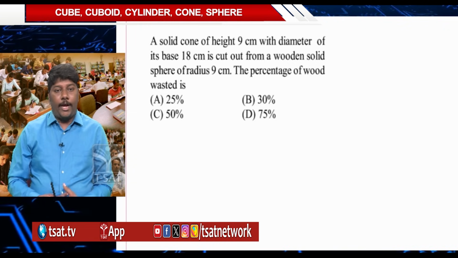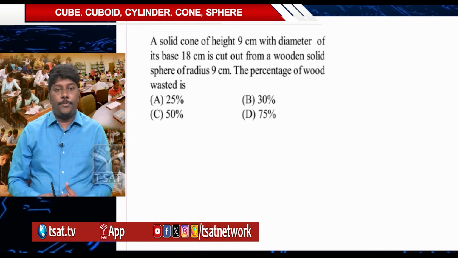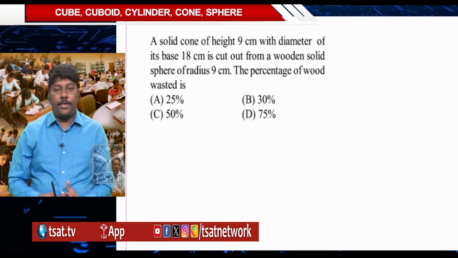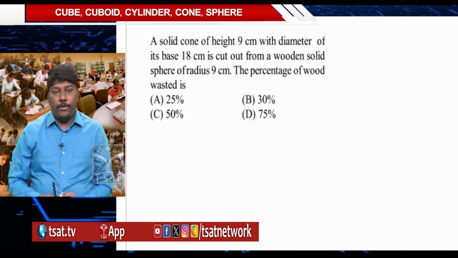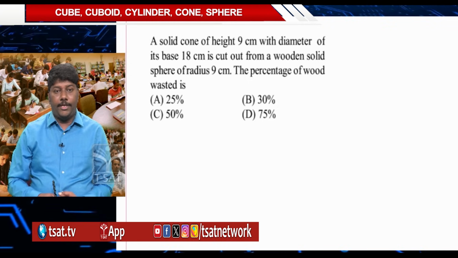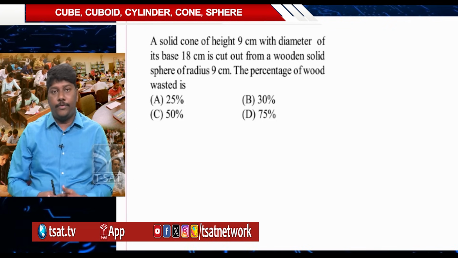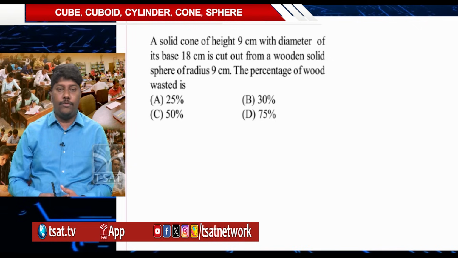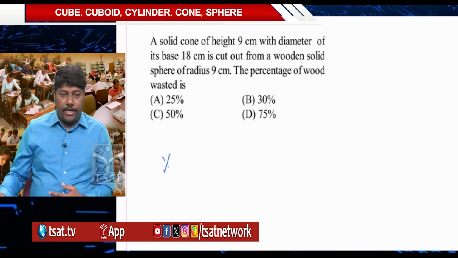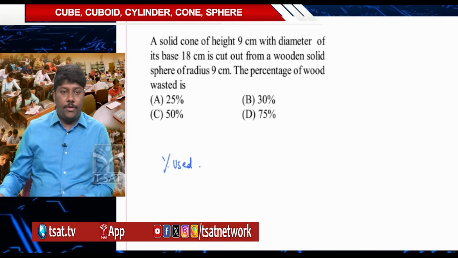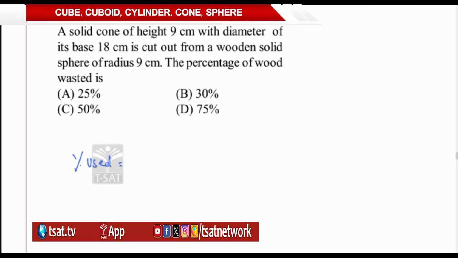A solid cone of height 9 cm with the diameter of its base 18 cm is cut out from a wooden solid sphere of radius 9 cm. Find the percentage of wood wasted. First of all, you can find out the percentage of wood used. So percentage used is equal to, you are carving a cone out of a sphere, therefore, I would say volume of cone over volume of sphere,